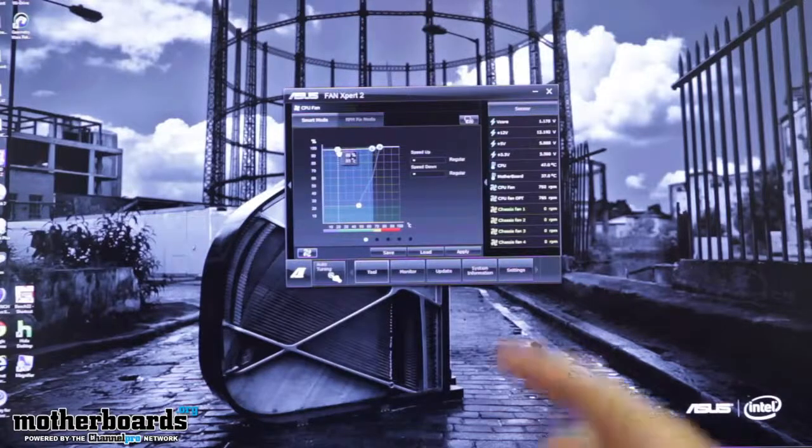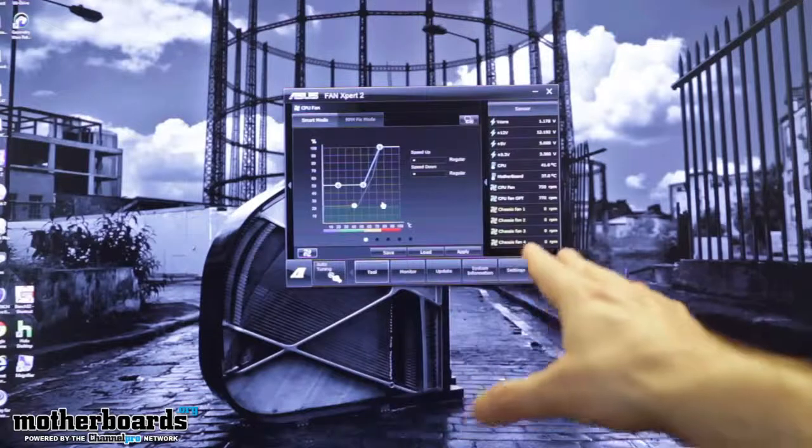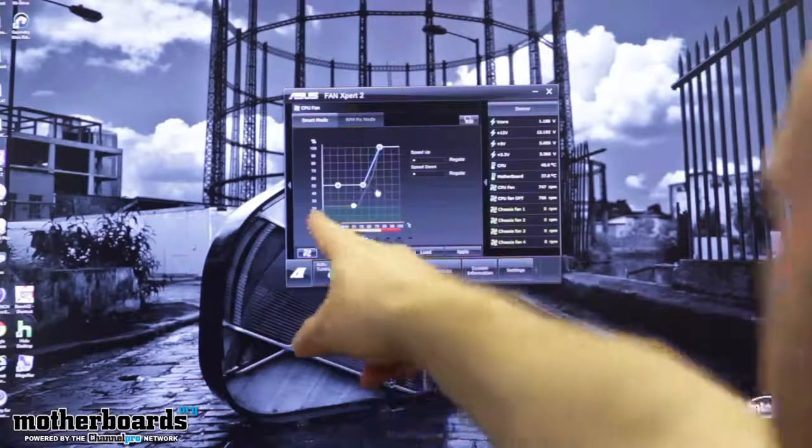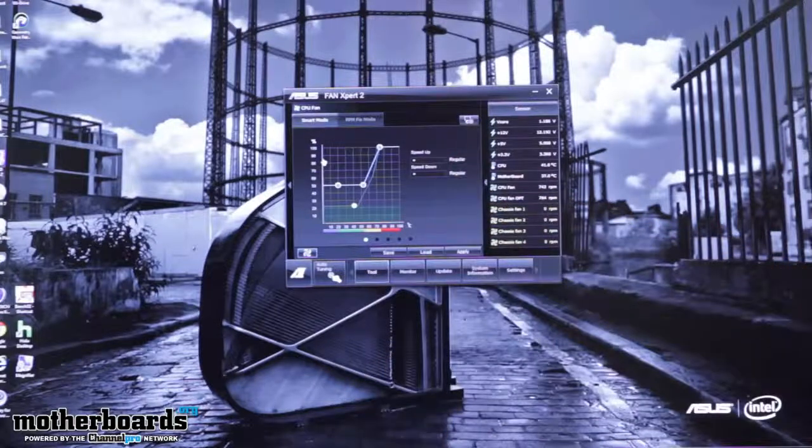So if you wanted to go far high, this is pretty much almost like a linear timeline for doing your fans, correct? From your startup to where it's going through? It's not based off of time, it's based off of temperature and rotation. But let's say you wanted to assign a preset that would allow your fans to rotate at the maximum initially at a lower temperature, then maybe adjust and then come back down, that's all configurable